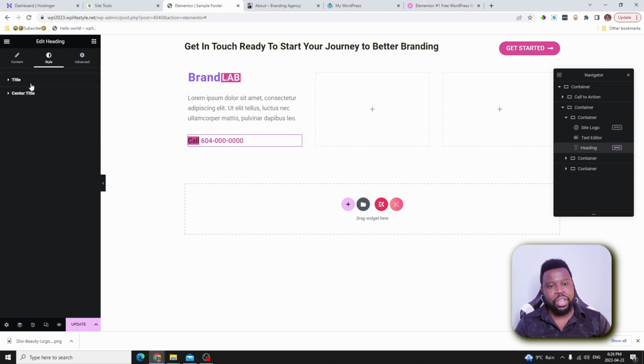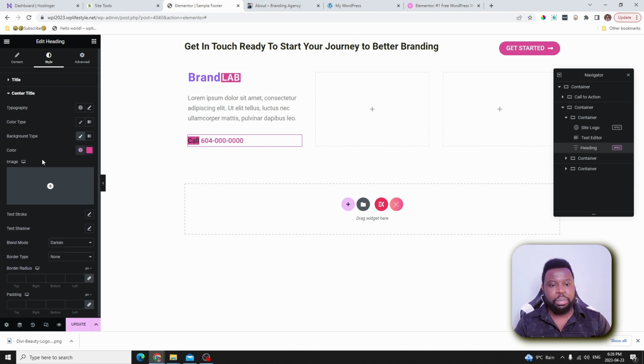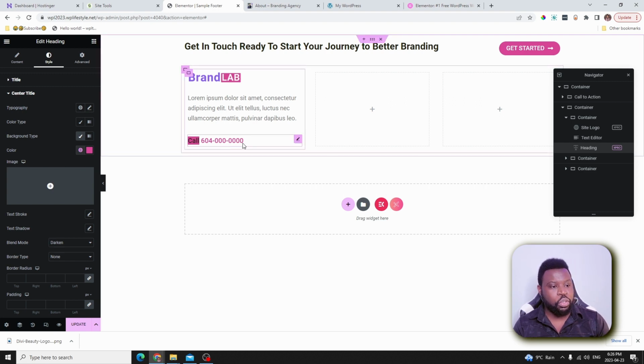So once you add that, you have the option to customize the title, you have the option to customize the center title. So go ahead and play around with it. It's pretty much the same process. If you know how to use Elementor, it's the same thing. If you don't know how to use Elementor, you can go ahead and check my Elementor basics for beginners. It will show you everything, but for this video, I'll go ahead and